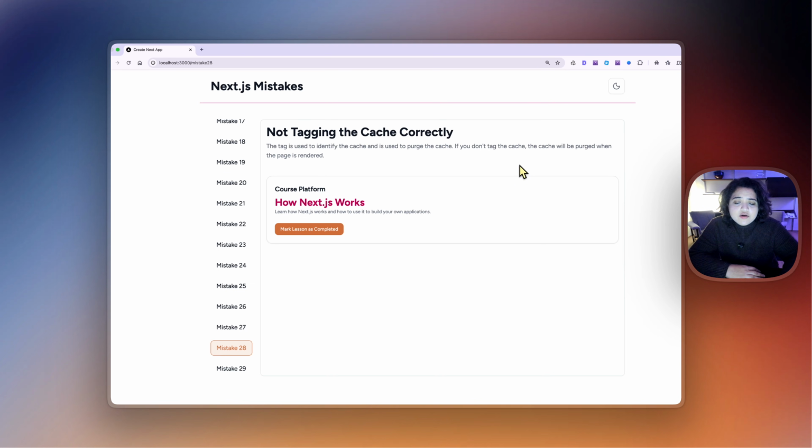Let's take a look at the course platform that I've built on top of Next.js. As you can see here, let's say this is a lesson, and let's say this is a description. We have this button called mark lesson as completed. Now, if I click this button, and if I purge the cache for this specific route,